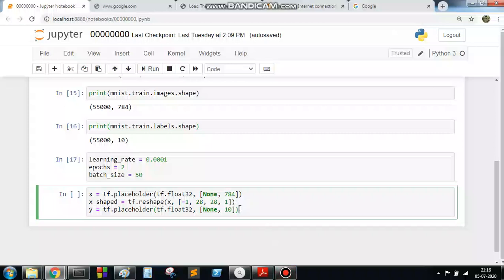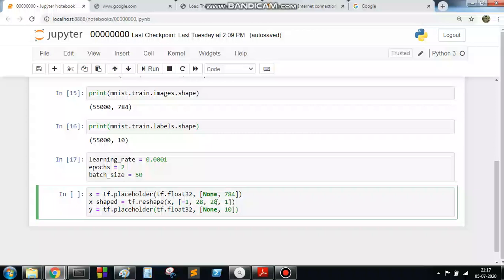You already know what a placeholder is. It can be imagined simply as a memory unit reserved for future use. Here I am creating a placeholder for x, which is of 784 dimension, and a placeholder for y, which is of 10 dimension, and we are changing this 784 to 28 cross 28 pixel values. That means it will create a matrix, which again becomes 3 dimensional, 28 cross 28 cross 1.